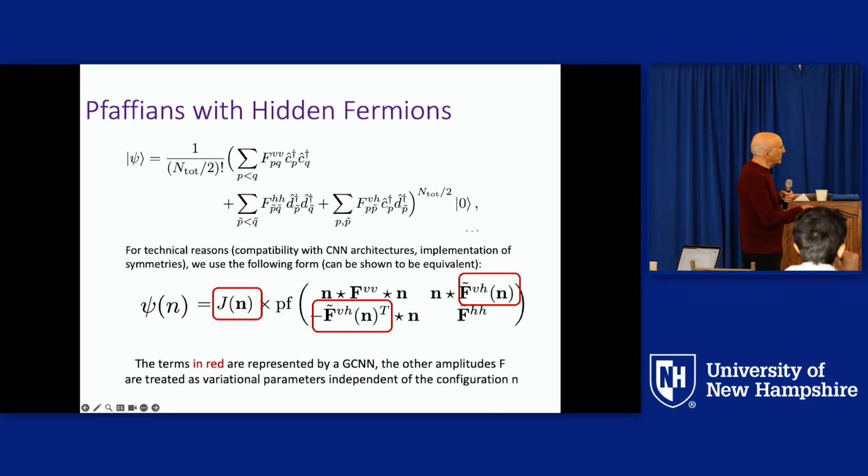So this notation here, n star f star n, means that we take the lookup table of the f amplitude, and we slice this lookup table according to the Fock state occupancies of the physical fermions. So we look at which of the states are occupied, and that's specified by my Fock state n, and we slice the matrix F according to n. And because it's a two-fermion thing, there is two slicing, by n and n. Okay, so now,